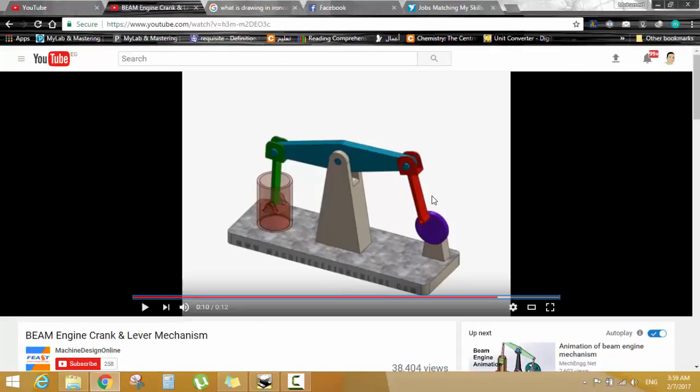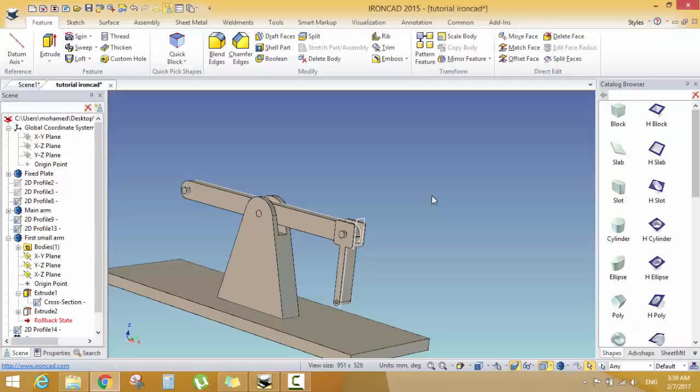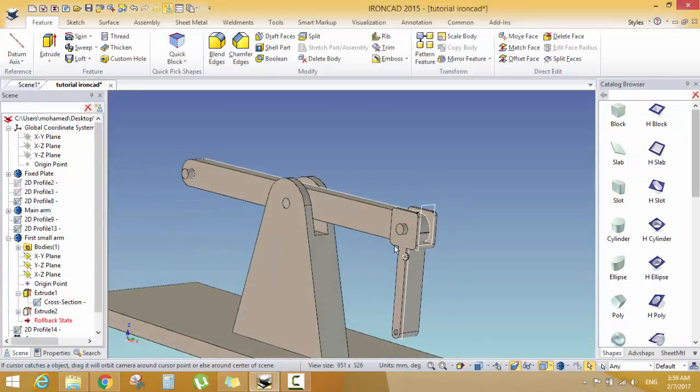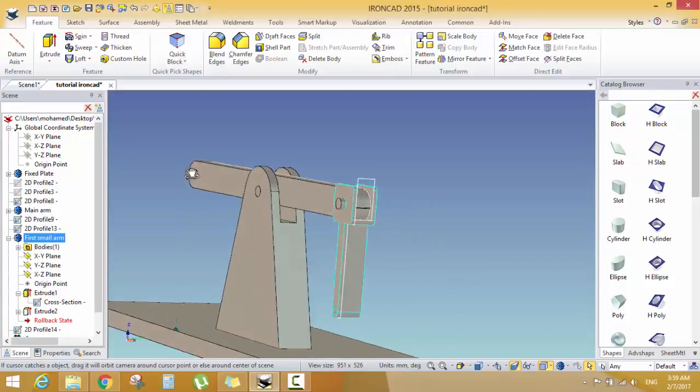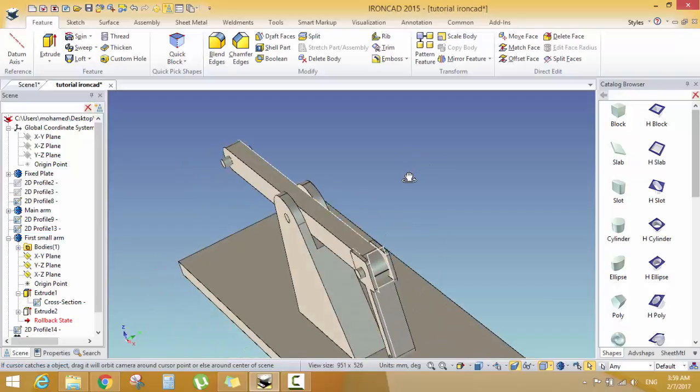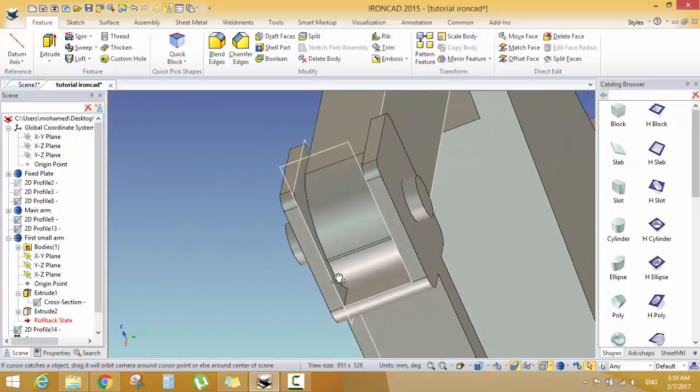Just have a note that both of the red arm and the green arm are identical. So instead of creating the green arm from the first beginning, we can just mimic or create a mirror for this part in the other direction. So in order to do this, we can use